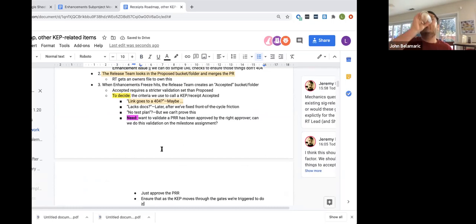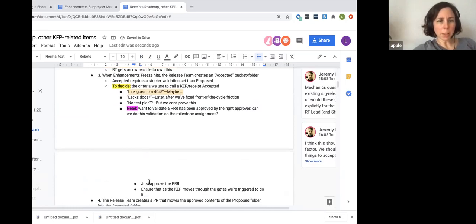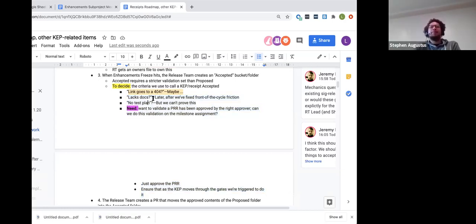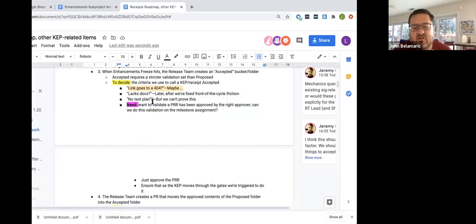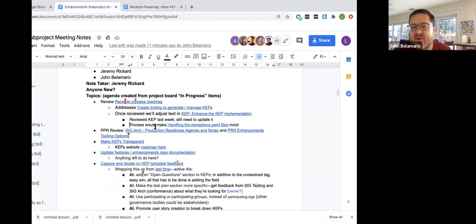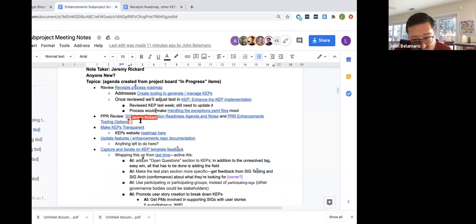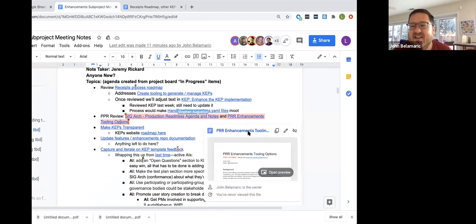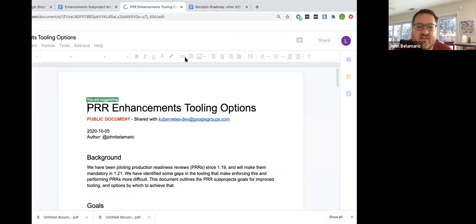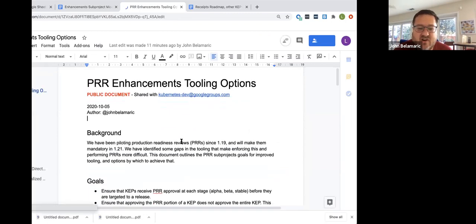Just a quick question, for our formatting, I put that comment here because this is where we were talking about the criteria from proposed to accepted, and there's some challenges. Yeah, and I linked a doc in the agenda that describes the most important part, which is our tooling options. The most important part is the goals, the others are almost just notes you'll see scratched down. But the goals are what I just described, I hope.